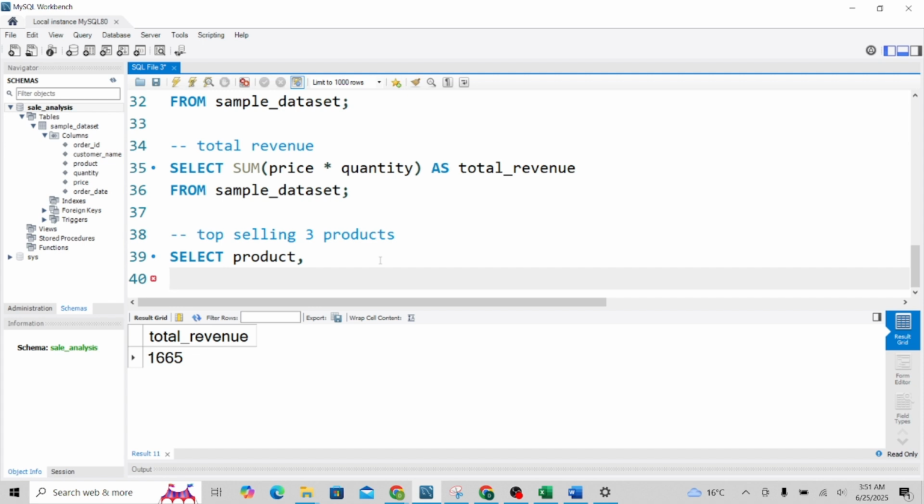Selling means how many quantities they sold. So we have to write total, sum quantity as